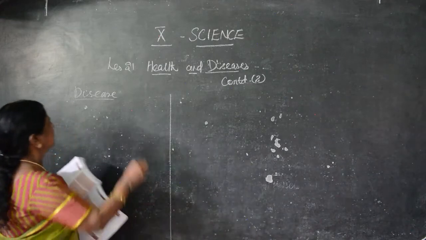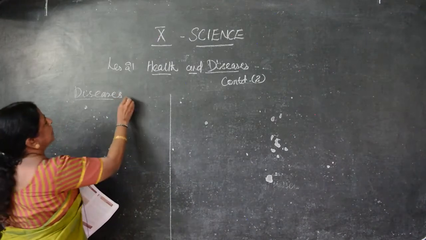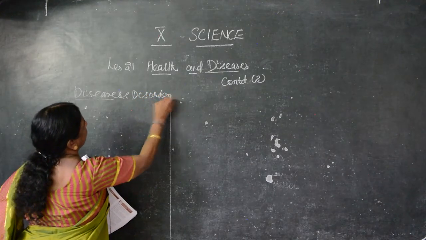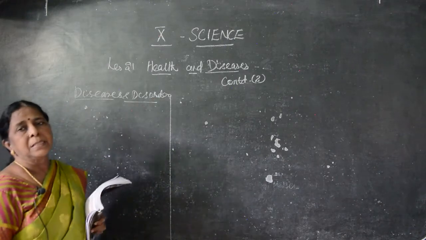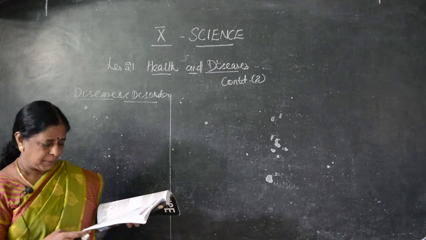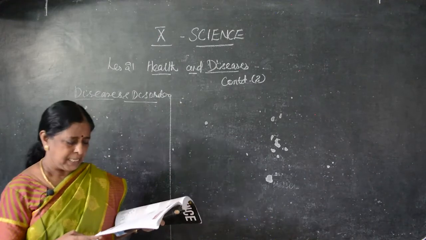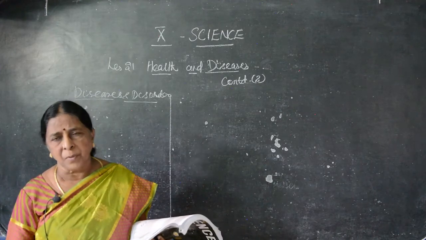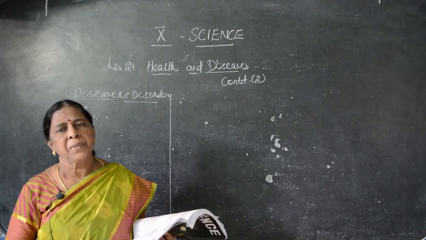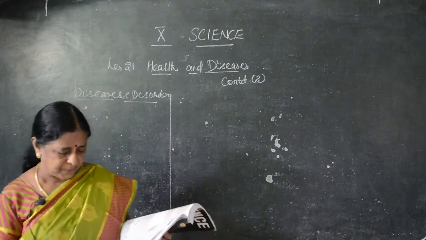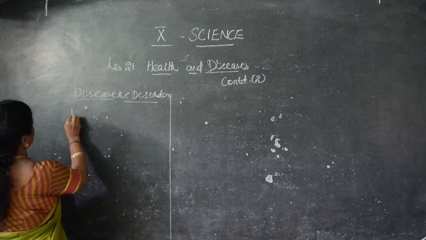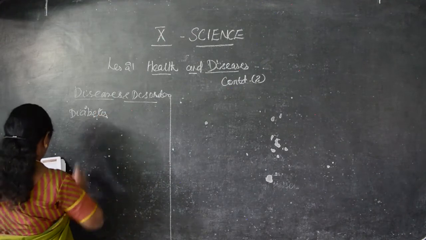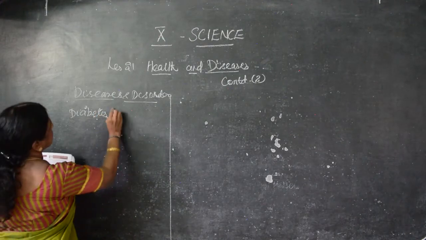So now we have to talk about diseases and disorders. Disorders means some of our parts are not functioning properly. Diseases can be cured easily. First, diseases are prevalent in our society due to our improper way of living, conditions, stress and strain. Because of our stress, strain and improper way of taking food, all this leads to disease. First one we have to say is diabetes mellitus, that is sugar. Diabetic. Diabetes mellitus.